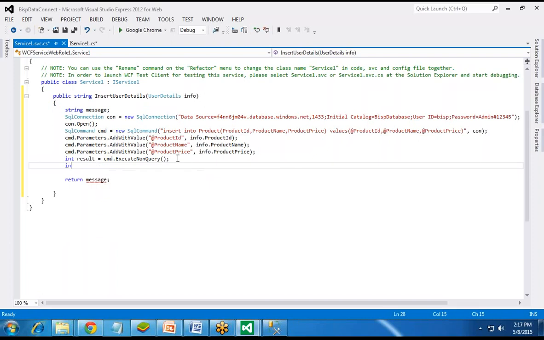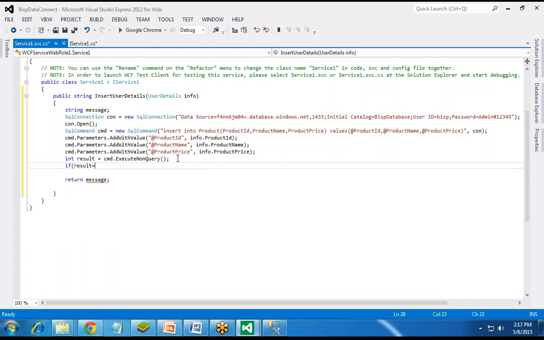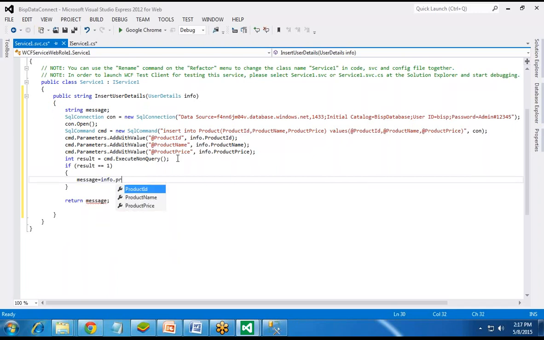Then we check int result is equal to cmd.ExecuteNonQuery, and we check here that if result equals 1, it means it is true, then we'll set message is equal to info.productName plus details inserted successfully.